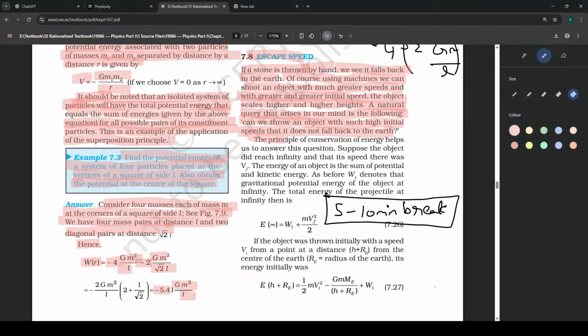The principle of conservation of energy helps us to answer this question. Suppose the object did reach infinity and that its speed there was v final. The energy of an object is the sum of potential and kinetic energy. As before, W1 denotes the gravitational potential energy of the object at infinity. The total energy of the projectile at infinity then is,